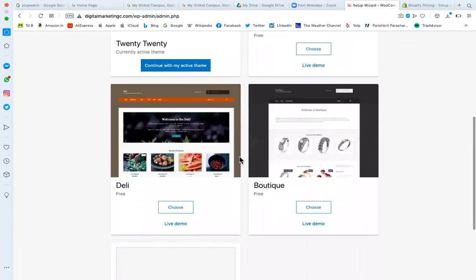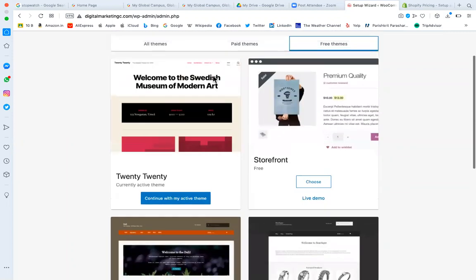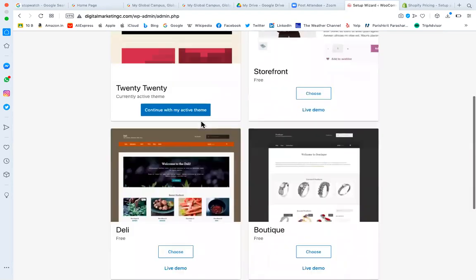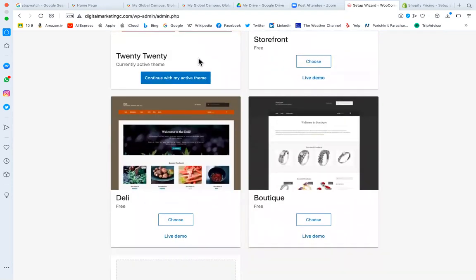So these themes will be very, very useful when your main website is the online store, then you should go for these themes. If your main website is about blog and there you are integrating online store, or your main website is about some other things and there you are integrating the online store, so in that case you can continue with the whatever theme you have. All right. So what do you want? Do you want to change the theme, or we should continue with the current one?